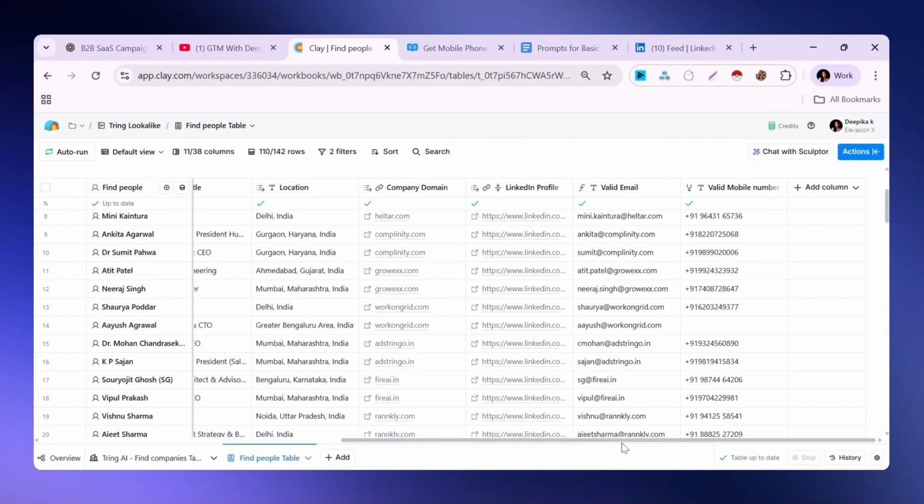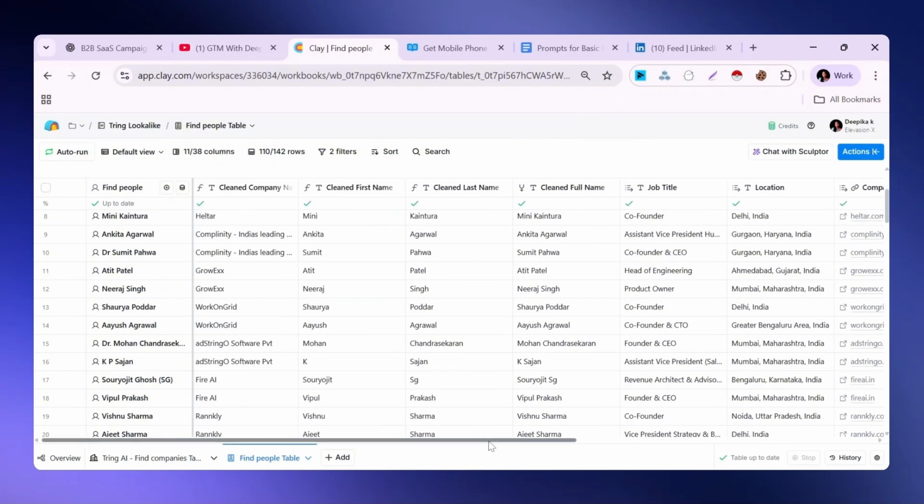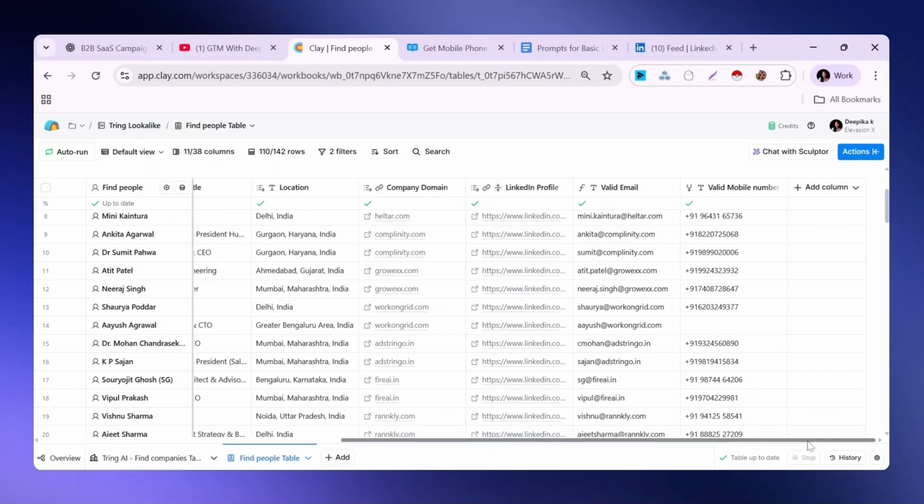So after this, you can add some enrichments like personalization writing using ChatGPT or any other agent, or if you need to do ICP analysis. If you need to enrich other than this basic enrichment, that is called professional enrichment. So if you need to analyze the ICP of your target audience, you just need to do that first. After that, you can find the mobile number and the other contact information, because it will save you a lot of credits. Like if you have a 1,000 list, but only 500 people match your ICP, then you can find only those 500 people's validated email ID and mobile number. So you have saved a lot of credits in that, right?